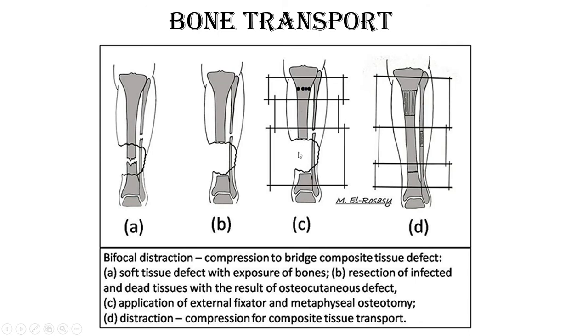Now if there is a gap, we cannot dock this fracture site after debridement, and we can do a corticotomy here, subperiosteal corticotomy, that helps to maintain the blood supply over here. We can make an artificial fracture over here, and this proximal fragment and distal fragment is fixed with a ring fixator. Now what happens after doing this artificial fracture, after waiting 10 to 14 days, we can distract these three circular rings downwards, and by distracting this we can gain the length, and here this middle fragment will come